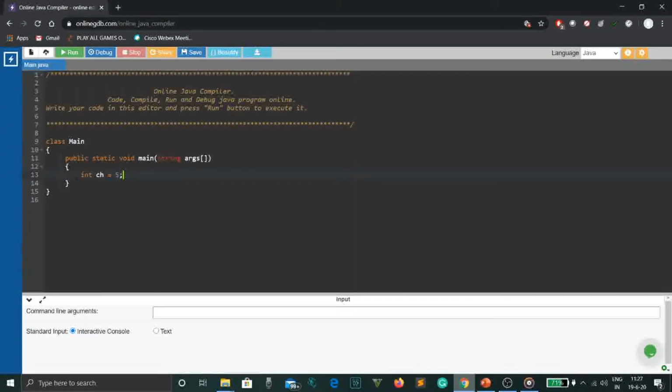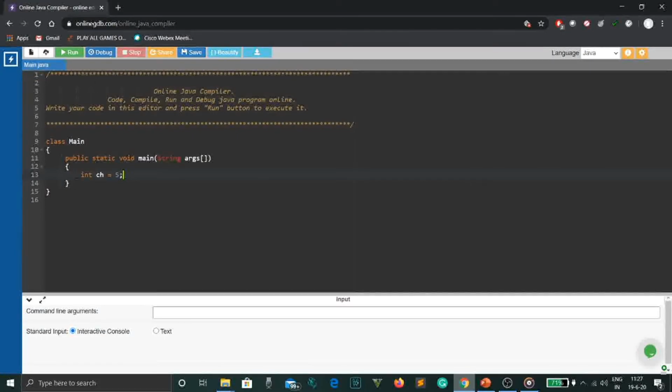Then I write the condition if ch equal to 1. We are using two equal to signs as it's a relational operator. We want to compare the value of ch to 1. We want to check if it's equal to 1, so we write it twice. It's a syntax in Java. Then we open the curly braces, and write System.out. It's just a simple weekday program.